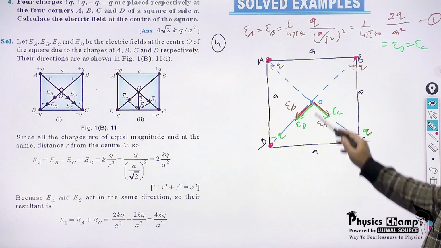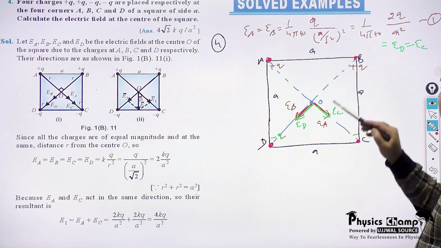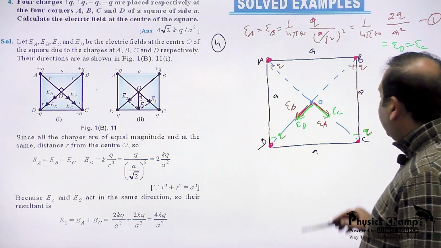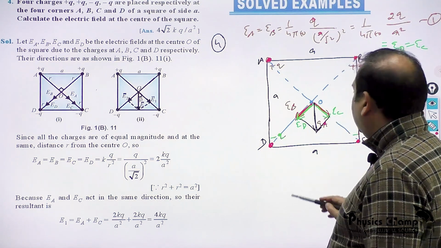So on this side you have EB plus ED and on this side you have EC plus EA. And you are looking for the net electric field. The net electric field of these two, E net,